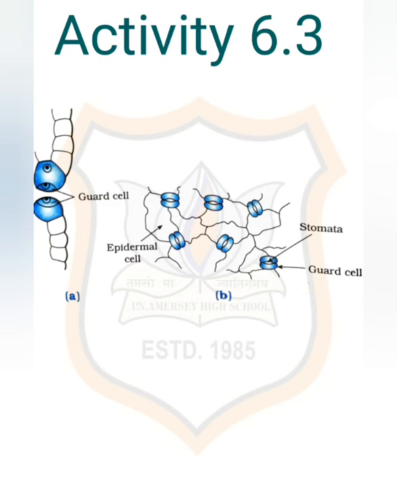We can observe the small pores here, and these pores are known as stomata. Stomata are enclosed by two kidney-shaped cells called guard cells. They are necessary for exchanging gases with the atmosphere, and transpiration, that is loss of water in the form of water vapor, which we have discussed in earlier classes, also takes place through stomata.